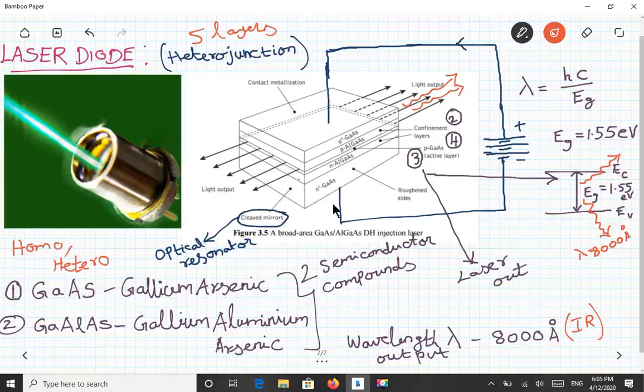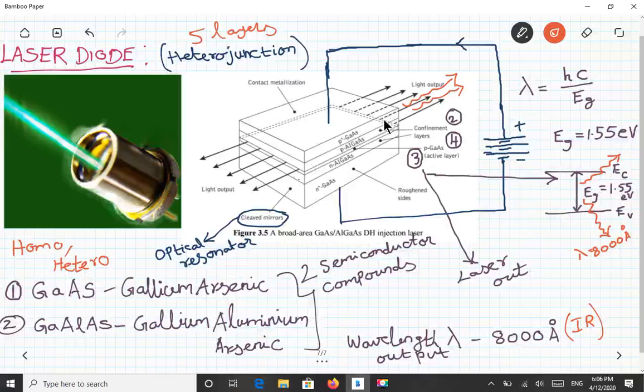You already know, I don't want to explain much. This is a laser diode in which two sides have been mirror finished. This side you call a rough surface, and this will be the mirror finished surface, which you call the optical resonator. You remember, what is meant by optical resonator? An optical resonator is a mirror which makes the photons reflect back and forth. So both sides are mirror finished, so that the light goes in a to and fro motion.